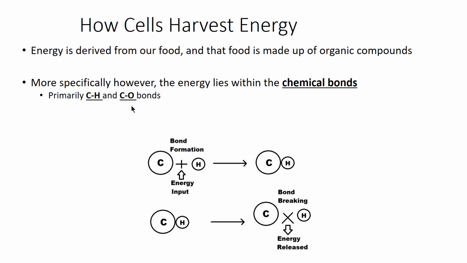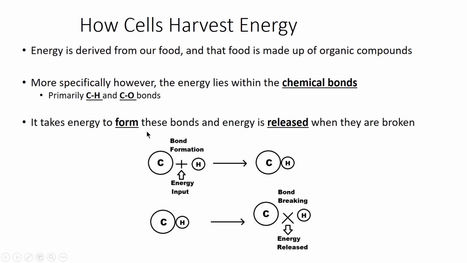One of the reasons why our bodies like carbs, at least in terms of quick energy, is because they're easy to break and they're easy to form to a certain extent. So these can be done with other types of bonds, but those are the ones that our bodies prefer. So ultimately, when you eat food, what happens first actually is that you'll break the food down to release energy catabolically. Then what will happen is your body will extract that energy and tie it up in intermediate molecules called